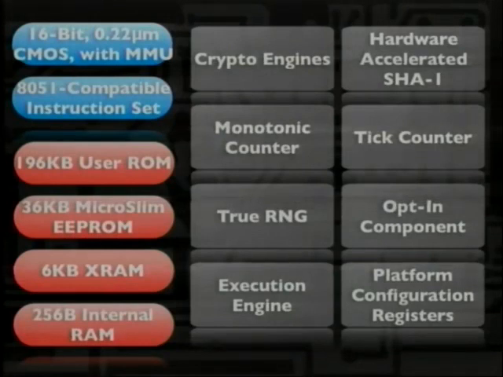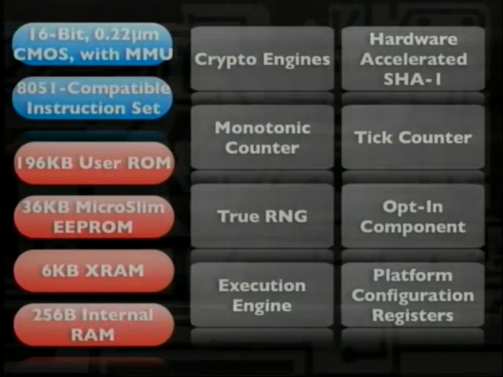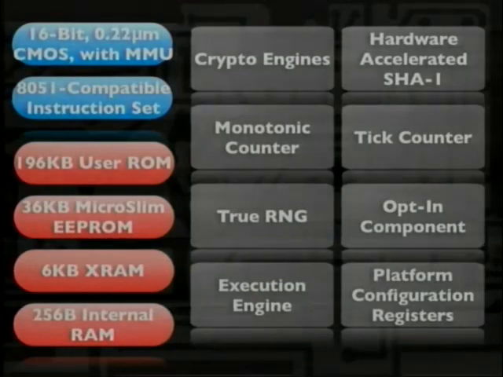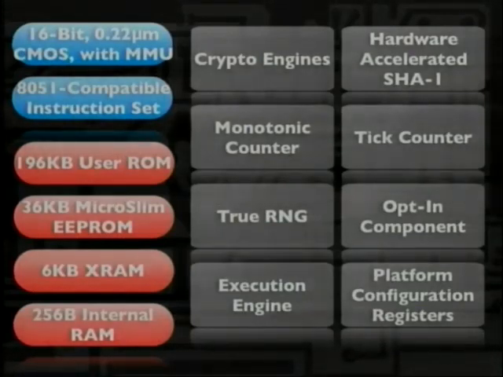For example, some people I've talked to think that it's like a crypto accelerator. It's not, and that's for good reason. It's because they want it to be cheap and they want to be able to export it. So this is not a crypto accelerator. It does do both symmetric and asymmetric cryptography, but the symmetric stuff is internal only. It's not even exposed. We will see some of these components later on.